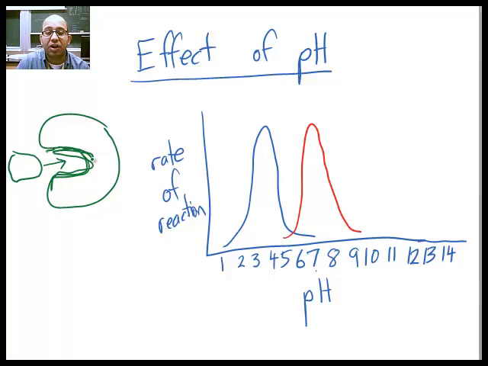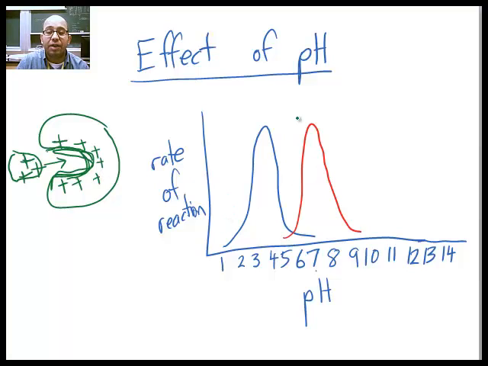If you change the charge, for example, if you change the negatives to positives, right, and there's positives along here on the outside of the substrate, and initially there's negatives, right, so it fits perfectly, right, they attract together. But if you change the pH so that the charge becomes positive, now the substrate will not fit in the enzyme's active site. So changes in pH can affect the activity